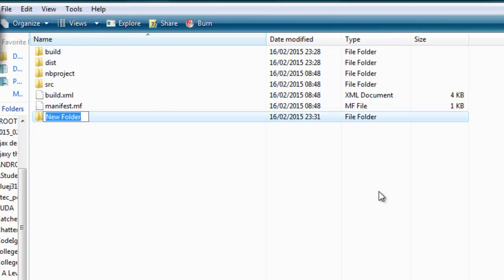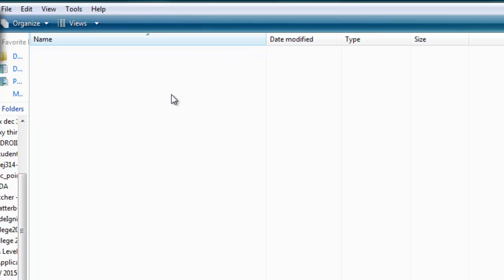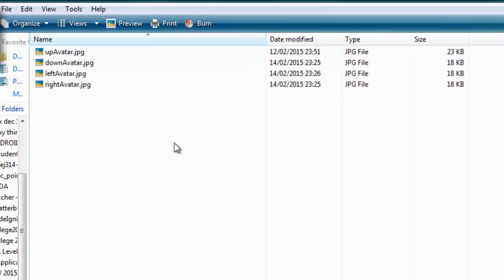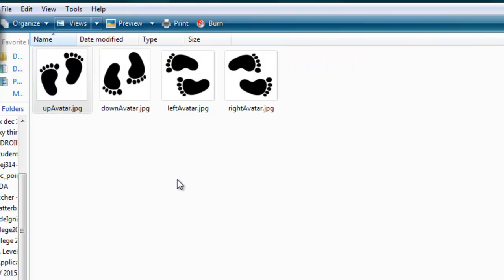So I asked for new folder, and I'm going to call it images, and I'm going to put into it four images. I actually used Photoshop to make these images, and I'll just show you what they look like by changing our view. There you go. This is quite a feat of avatar creation, but these feet are going upwards, downwards, left and right,